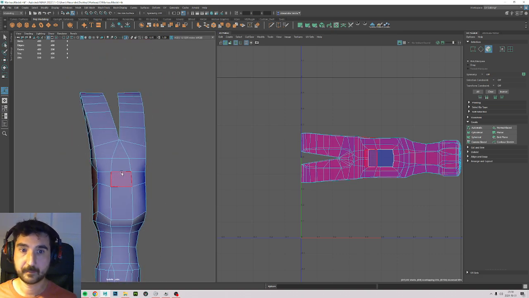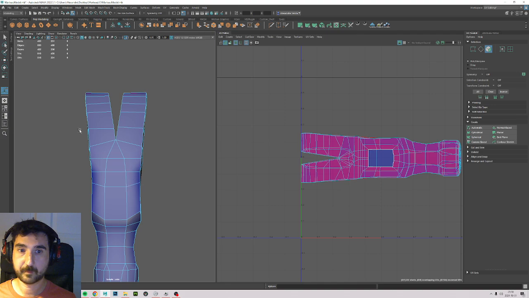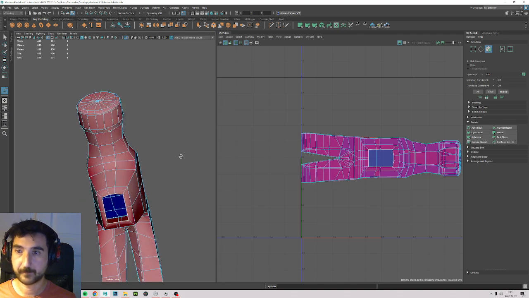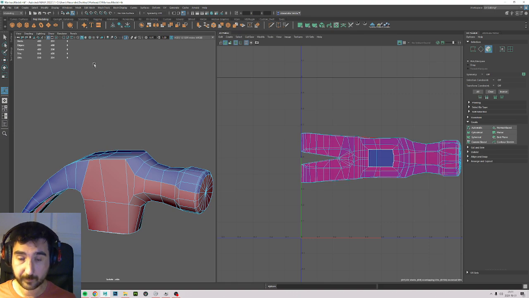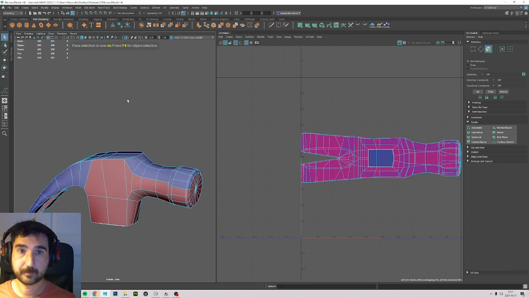So it sees all these things from the top, but not the rest. So this is why it's red. But don't worry about that, we'll fix this. Okay, so now again, in order for you to be able